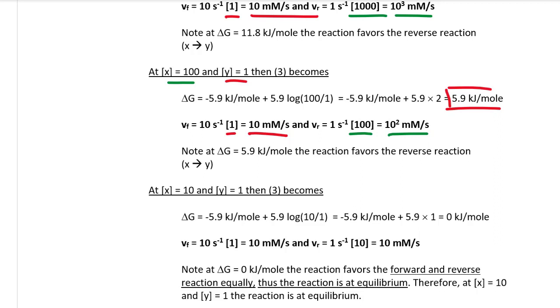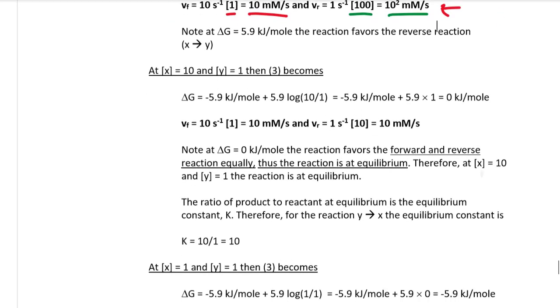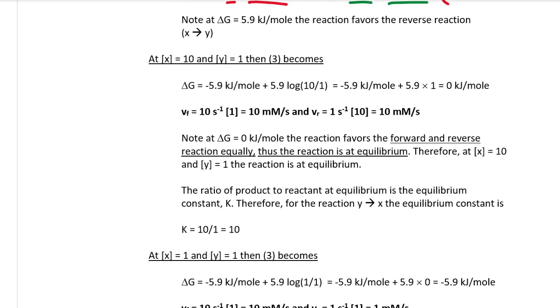So now the reverse reaction and the forward reaction are getting closer together, and you can see that even though the reverse reaction is still favored because we have a positive delta G, it's not as favored as it was before, because before, if we look up here, it was 10 to the 3, now it's 10 to the 2, whereas the rate of the forward reaction has not changed. Now at 10 to 1 of x to y,